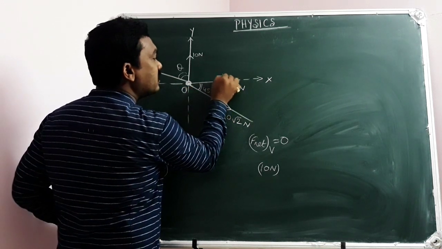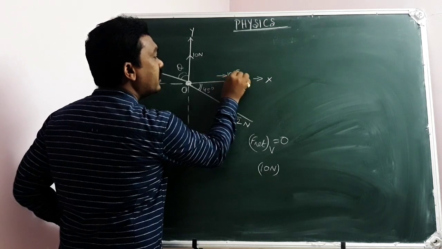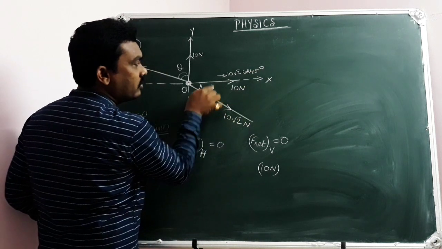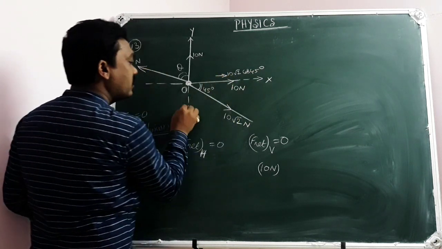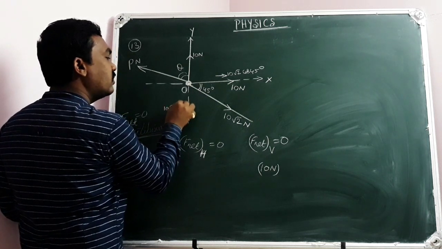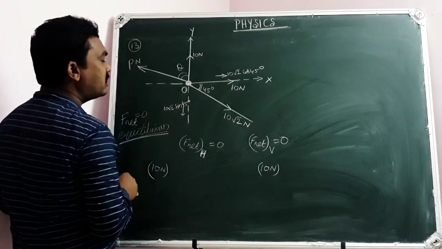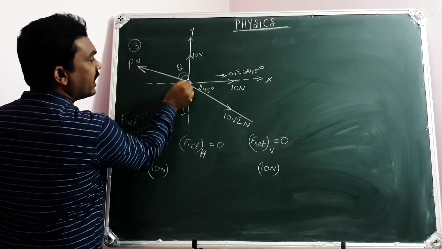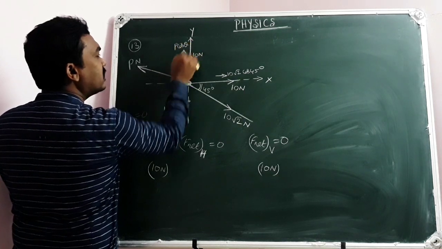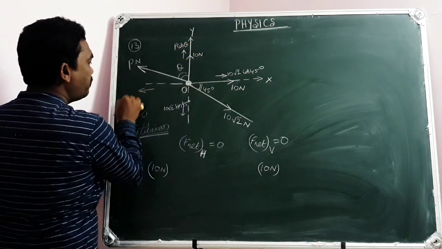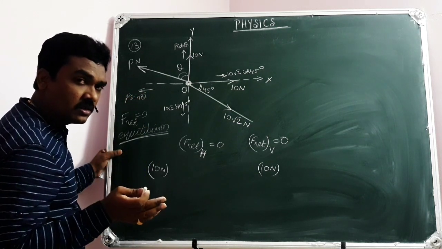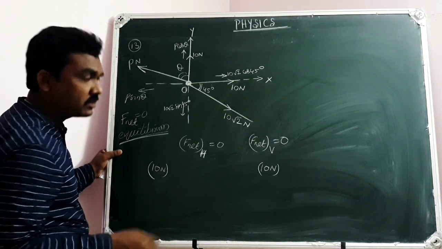Then its component along x-axis will be 10 root 2 cos of 45 degrees. When this is F at 45, then this is F cos 45 and here it is F sin 45, 10 root 2 sin 45 degrees. At the same time, P is the force acting at an angle theta. Then here its component will be P sin theta, and the other is P cos theta. So let me balance all horizontal forces and separately all vertical forces.